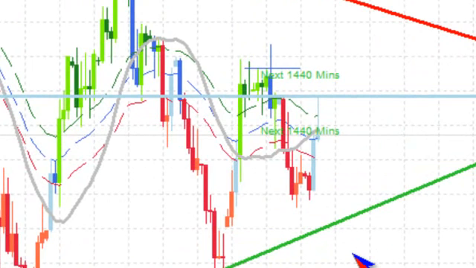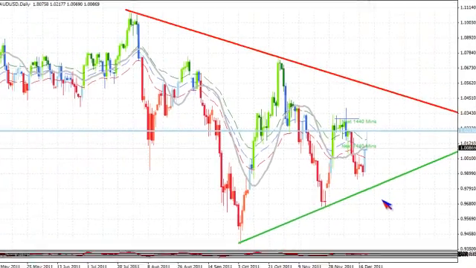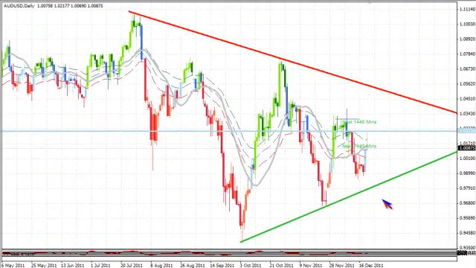So not only is this daily chart telling me which time frames to focus on, it's also giving me a clue into the types of behavior that we're going to see. And therefore, if I understand the type of behavior I'm going to see, I can utilize certain strategies with more confidence and be more prepared. That's the goal of this analysis.